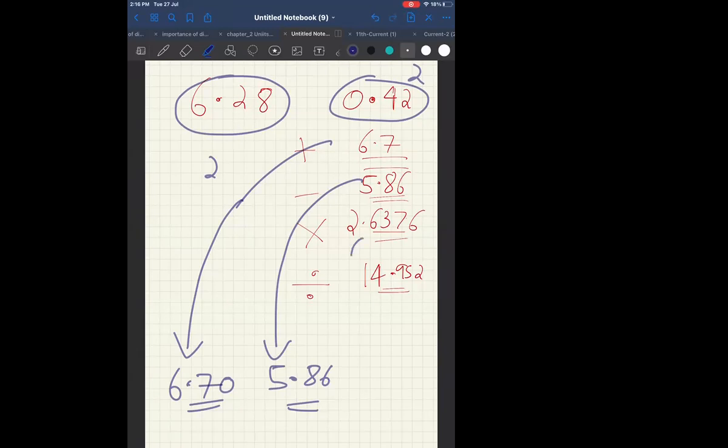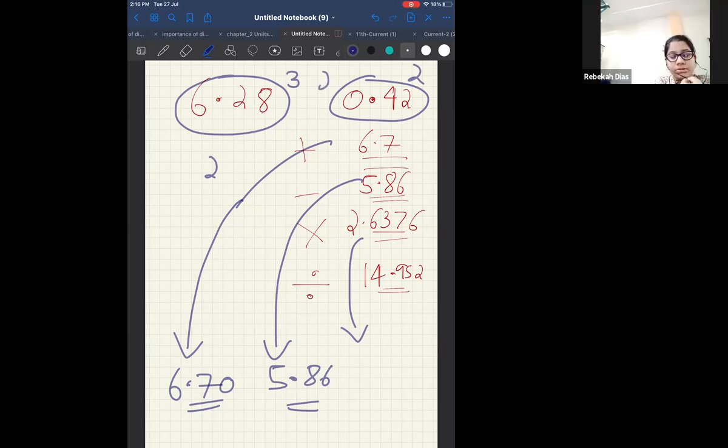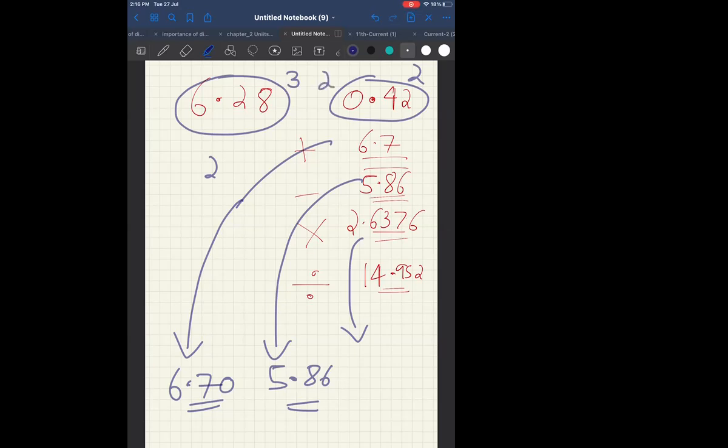Now, multiplication and division, we'll have to apply the logic of significant figures, correct? Now tell me, how many significant figures does the first number have? 3. And how many significant figures does the second number have? 2. Therefore, my answer has to be in 2 significant figures, correct? Now, 2.6376, the digit 3 is less than 5. Therefore, can I say the answer will be 2.6 itself? Check. Answer will be 2.6 itself.